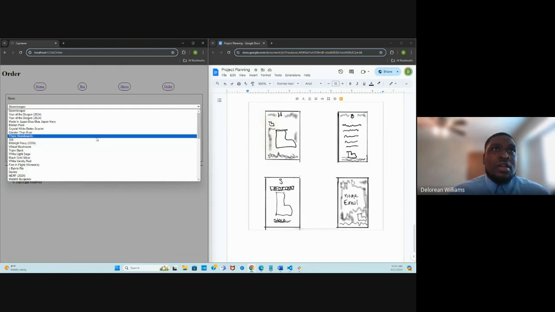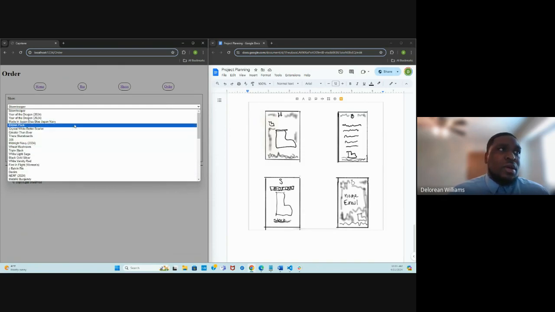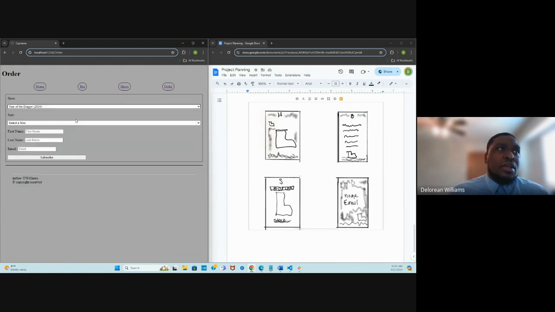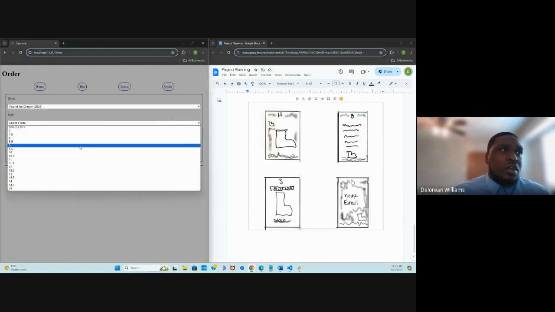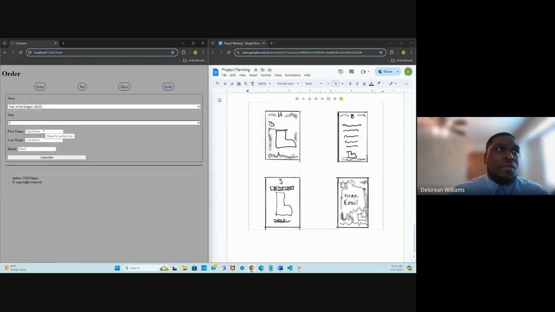So this order page here is pretty simple. You pick a shoe, you just fill out all of the information you're looking for. So first name, last name, and then you would give your email here. Like I said, shoe, size, name, and the email. That's all we would need. And this is that third working API. So I would capture all of this information, send it off to the database where it is stored using Mongo,